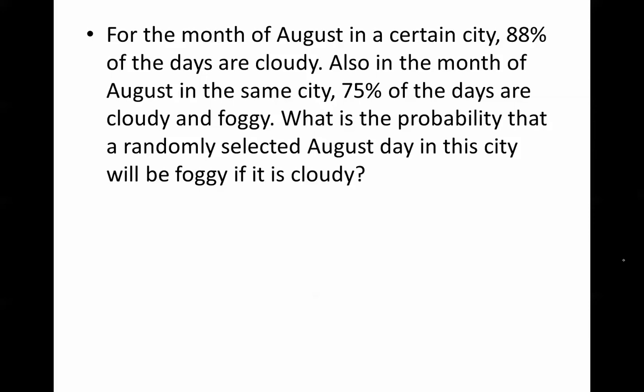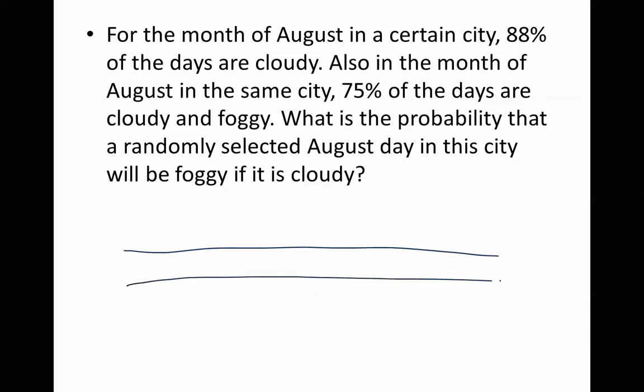So this is a conditional probability that you took a look at in your last section. It was presented in some of those videos, but it's combined with the addition of being given that combined probability of being cloudy and foggy. So I want us to take a look at this really just from a simple reasoning logic point of view and making ourselves a table. So what you want to do is to start the table, give yourself a row